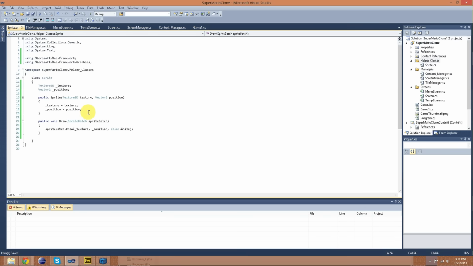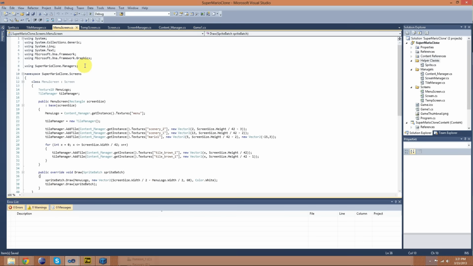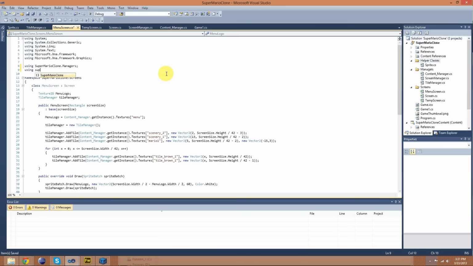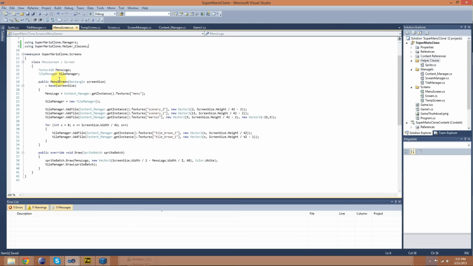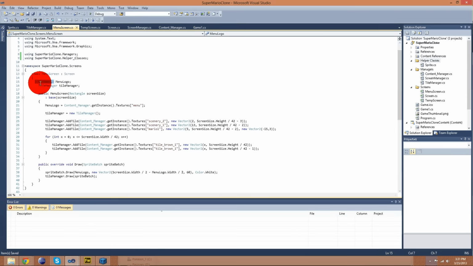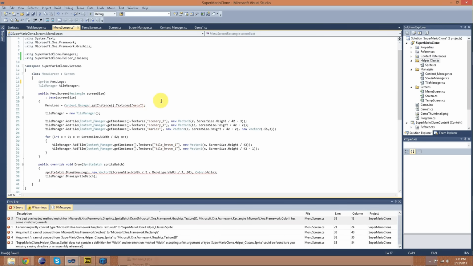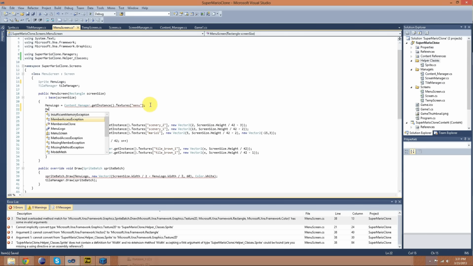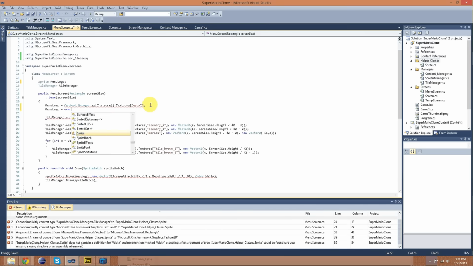So now at this point, we can actually go back to the menu screen and change that menu logo over to a sprite. So using your helper classes folder that you just made, now we're going to change the menu logo to a sprite. And I'm going to keep that there so I don't forget what it's called. It's going to be a new sprite, and then we've got to give it